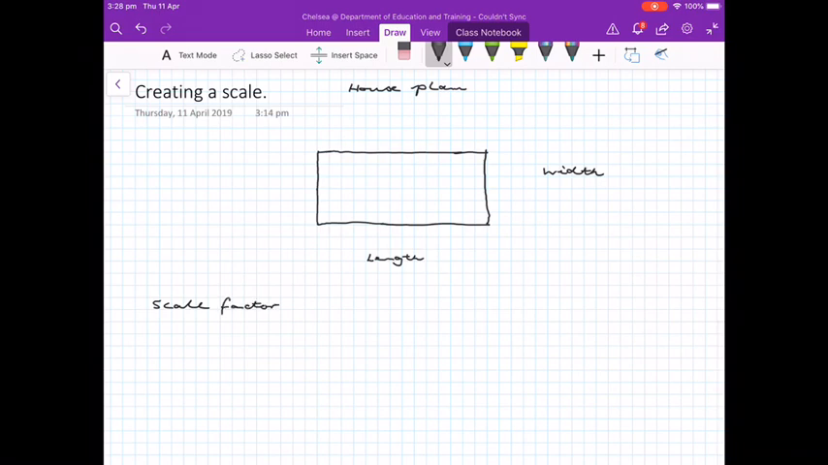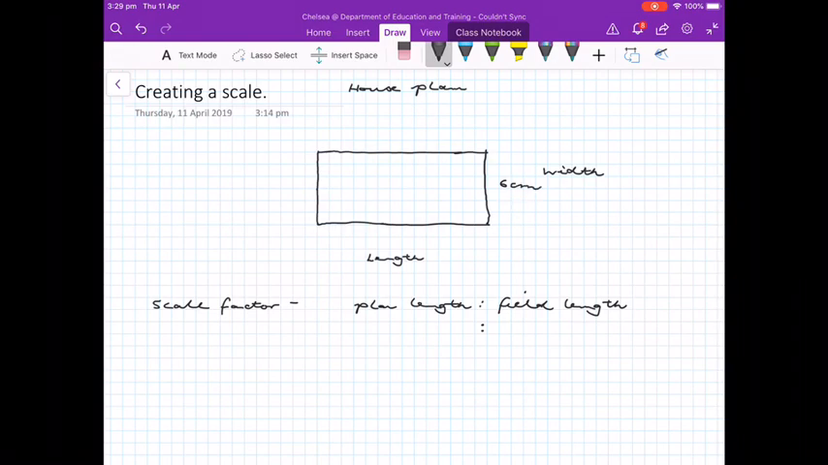Now we know from the previous information that a scale factor is the plan length to the field length. Bearing in mind that the plan length is what you can see in front of you and the field length is what it actually is in real life. So on this diagram, I can see, I'm going to imagine they're all centimetres, that it is 6 centimetres wide